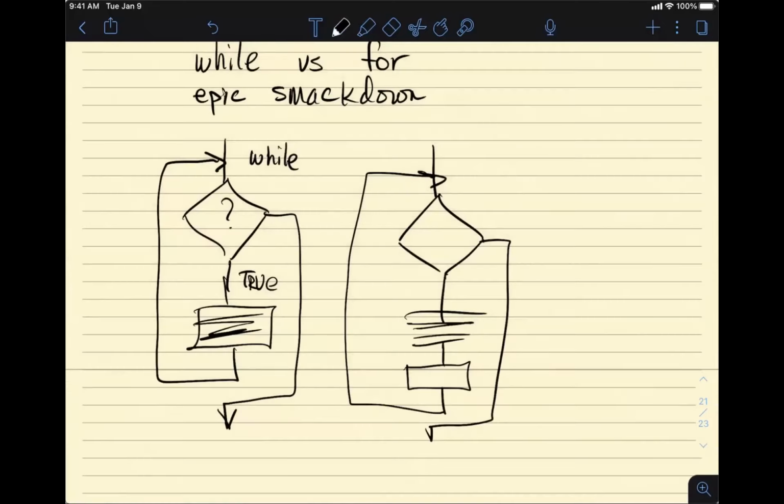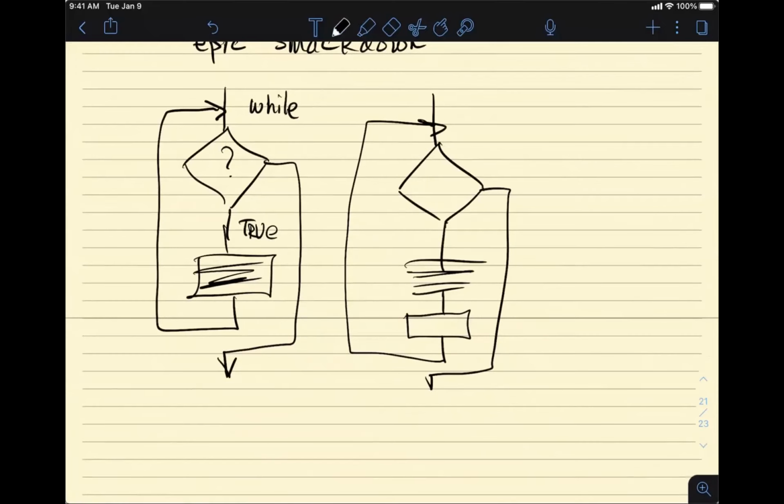And the difference down here is that there's some automatic step that takes place at the end of a for, before the loop starts over again.